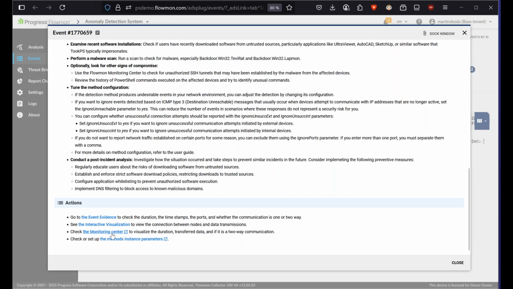I can also analyze it in the monitoring center, or I can go to the method instance parameters, basically to tune the detection based on the recommendations that I see here, in the case that the event was, for example, a false positive and I want to tune the detection. But right now I will go into the